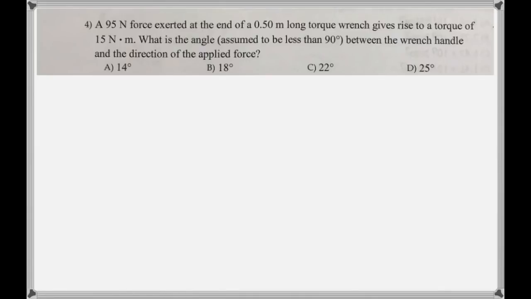In number 4, a 95 Newton force exerted at the end of a 0.5 meter long torque wrench gives rise to a torque of 15 Newton meter. What is the angle, assuming it to be less than 90 degrees, between the wrench handle and the direction of the applied force? So that requires a diagram,